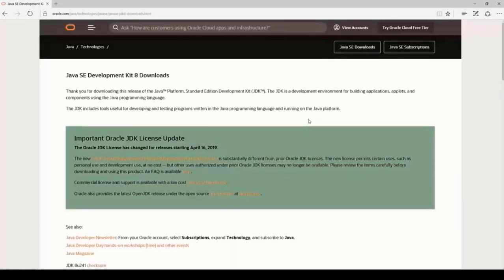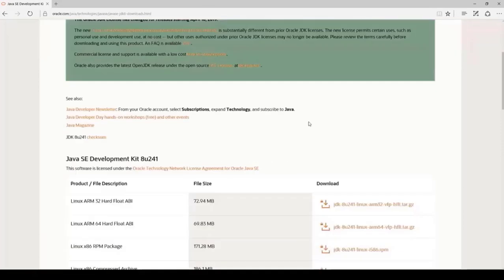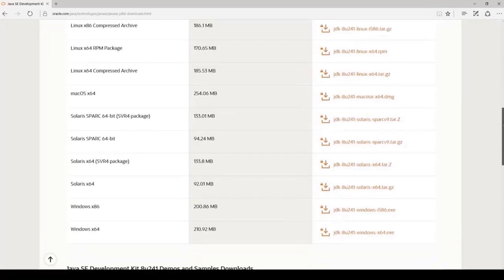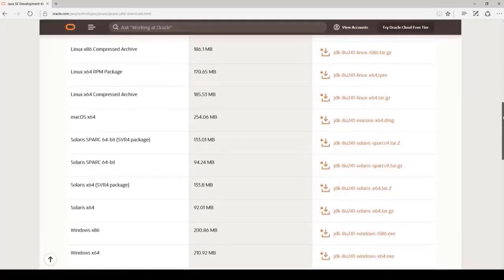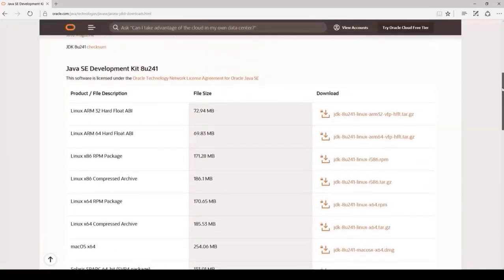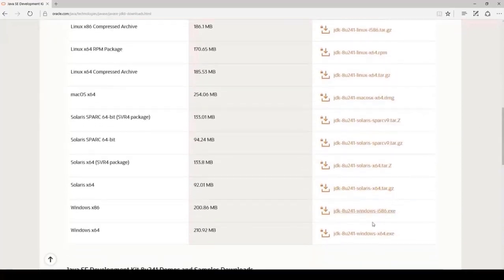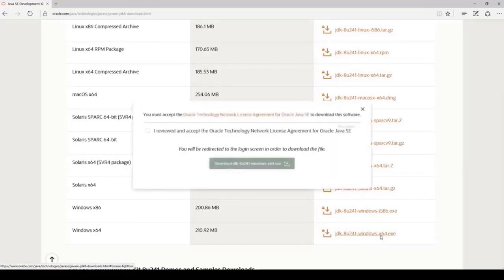and once you click on that, you can see different options are available. Now we are using Windows, so choose the Windows option from this list. Just select Windows 64 or 86, you can choose yourself. Just choose the Windows 64 and download the JDK. Just click on that